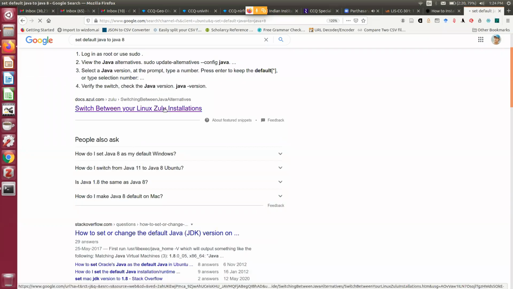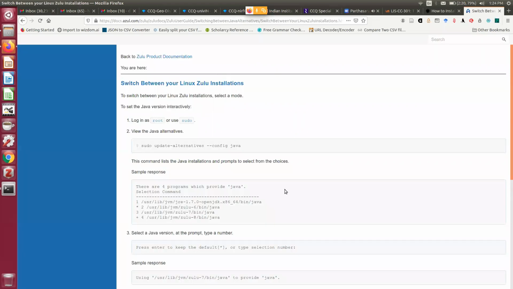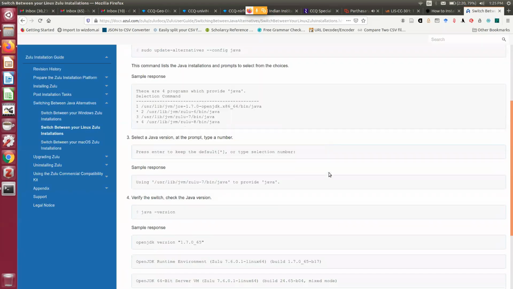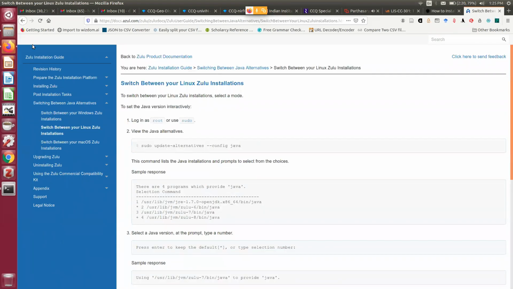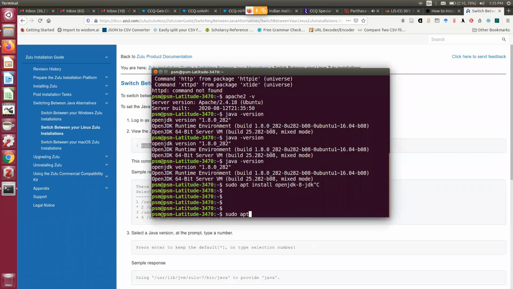So here you can see there is a very simple command, update-alternatives. It is sometimes difficult to find this one. So this one, you can see. This is the command if you are having more than one Java installed and your Java version is saying that you are in Java 11.